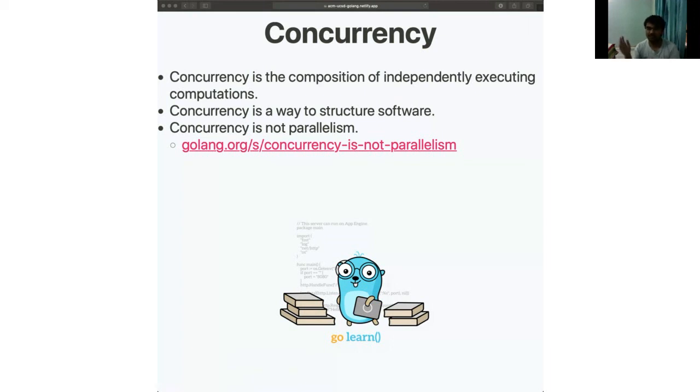One of the common misconceptions is that concurrency is parallelism, but they're not the same thing. Concurrency is a model for implementing or managing parallelism, but parallelism itself is the idea of executing a lot of things together. Concurrency is just organizing a lot of things to execute.